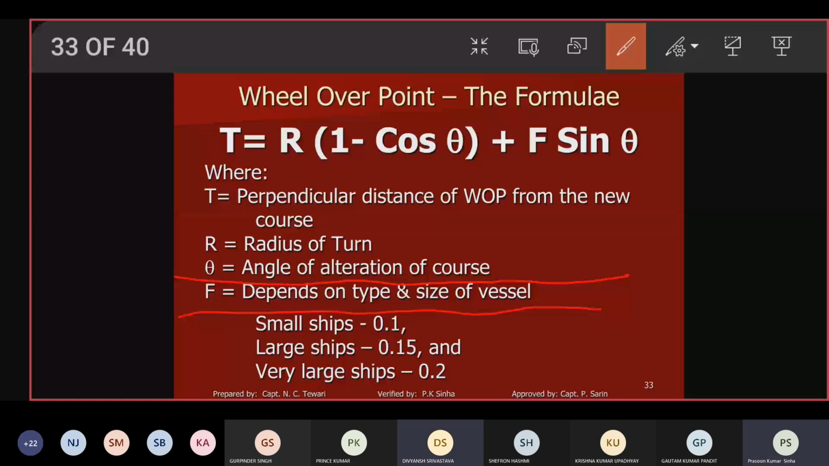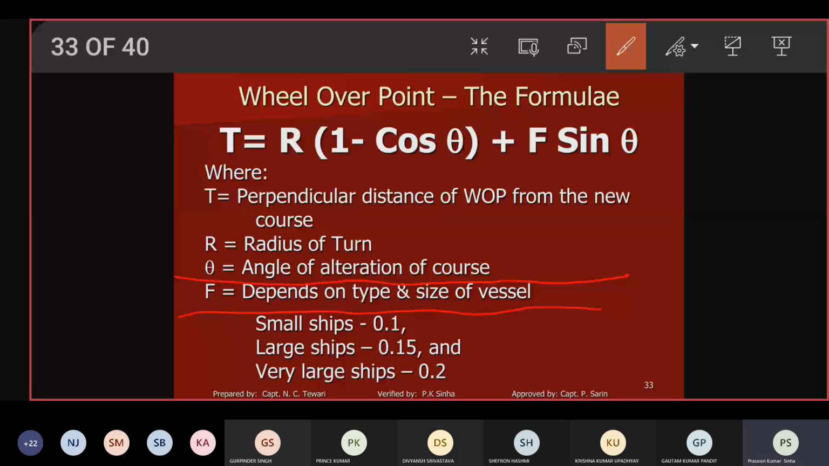Wheel over line is a line parallel to the final course, the distance of which from the final course is given by T equal to F sin theta plus R(1 minus cos theta), where T equal to perpendicular distance of wheel over point from new course, R equal to radius of turn, theta equal to angle of alteration of course, and F equal to depends on type and size of vessel. ओके ठीक है, F इज द रिएक्शन डिस्टेंस।